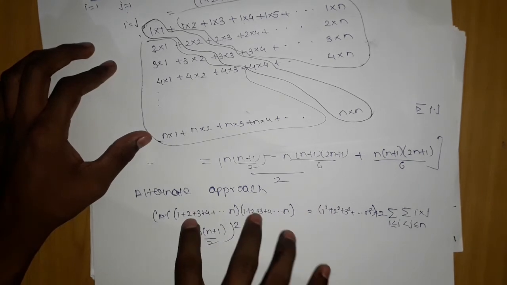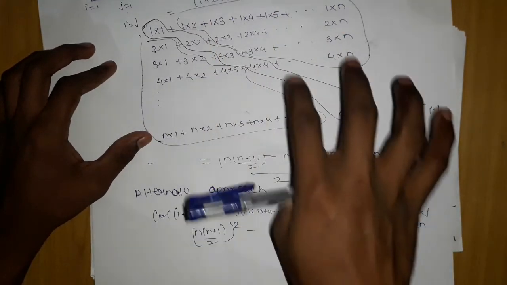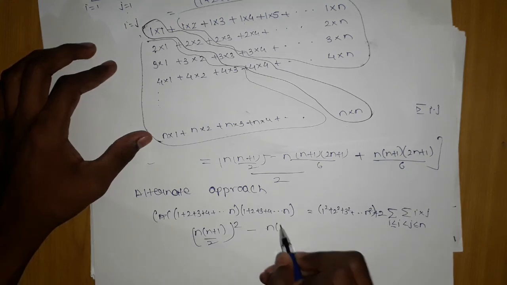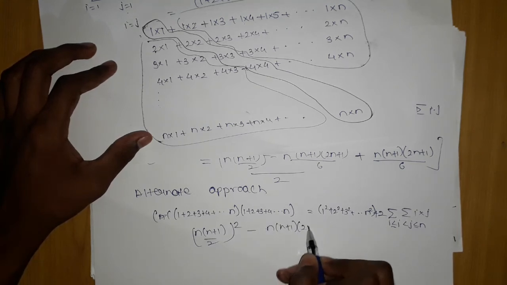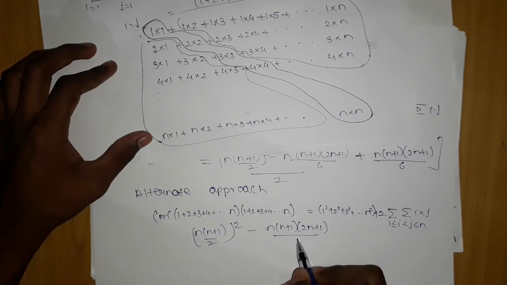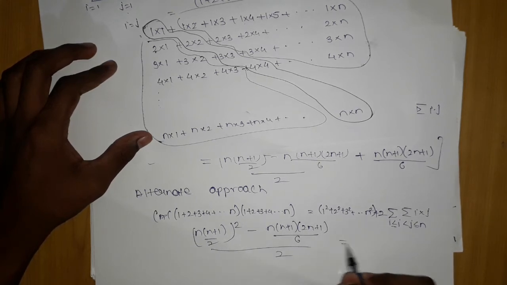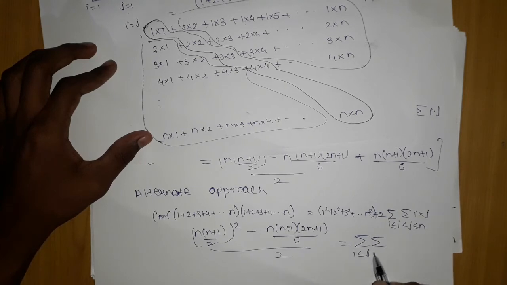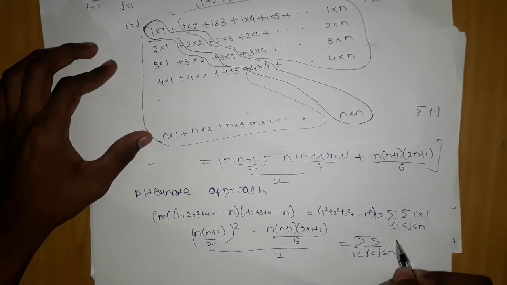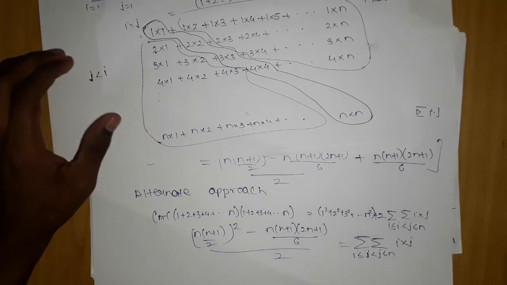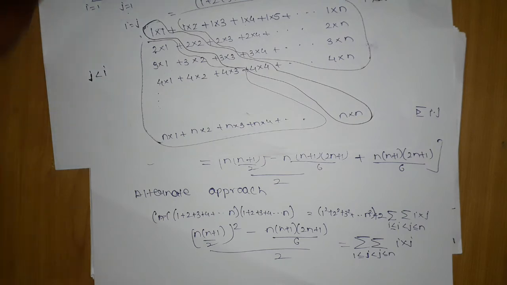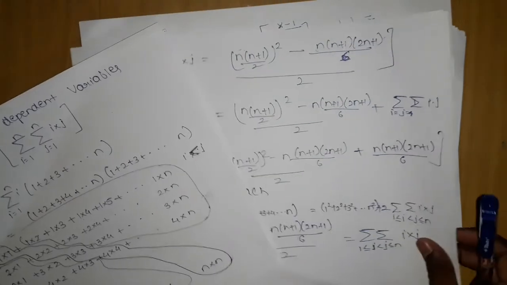If you can understand that this is nothing but this and this is nothing but this, then your job can be directly done, n into n plus 1 into 2n plus 1, instead of making the matrix and doing that stuff. The sum of i into j, so our job is done. Now let's do some couple of problems, and then we will wind up the lecture.